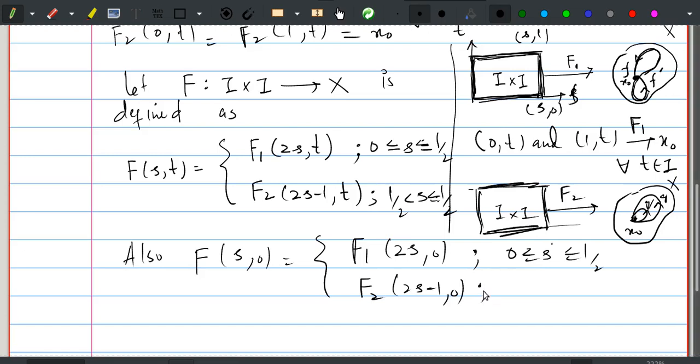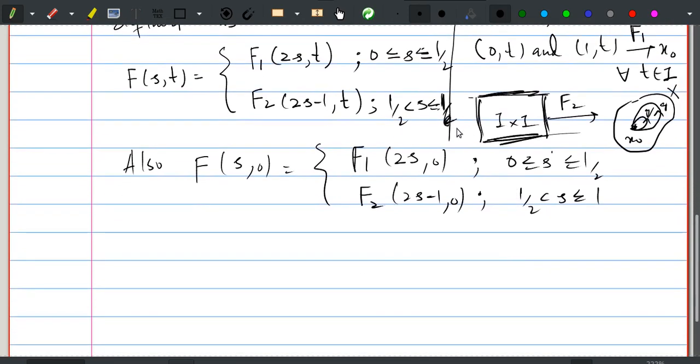And this is also s here. This is one here. Now this is the same as, because s lies between 0 and half, that means 2s lies between 0 and 1. So f1 of, let us substitute 2s equal to x, so f1 of x is this f here,